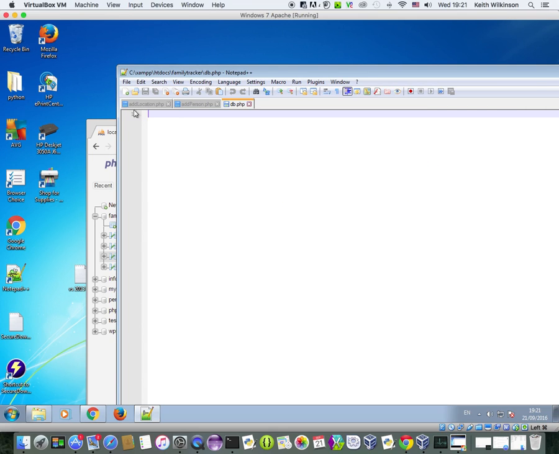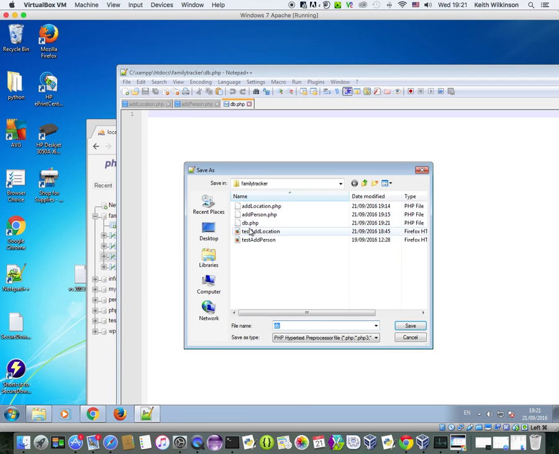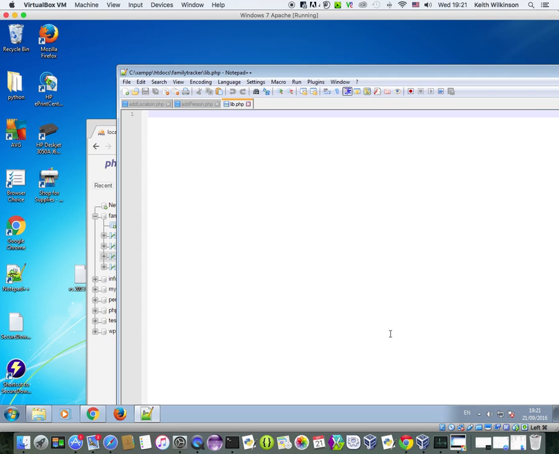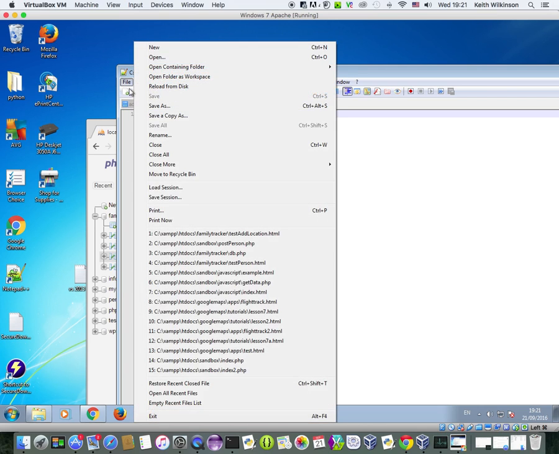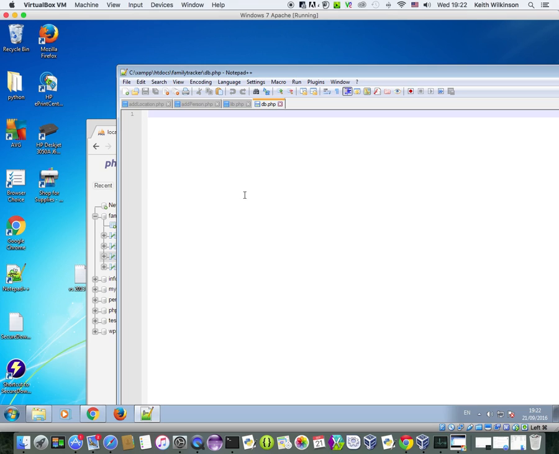I'm also going to create another file called library. I could just choose file save as lib.php for a library. So I'm going to have a load of routines, library routines in here, and I'm going to have database routines in my db.php. So the first thing I need to do is say that it's a PHP file,